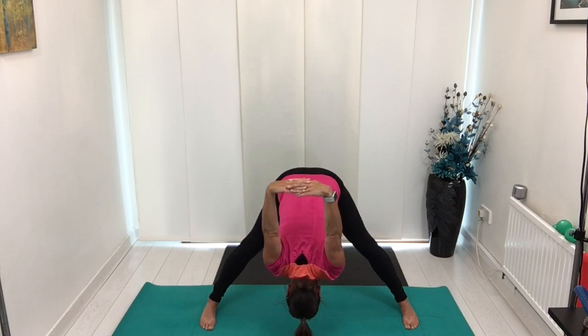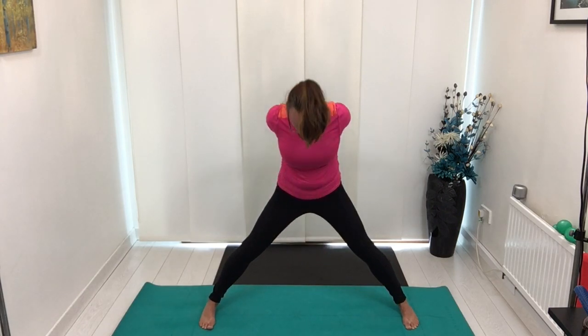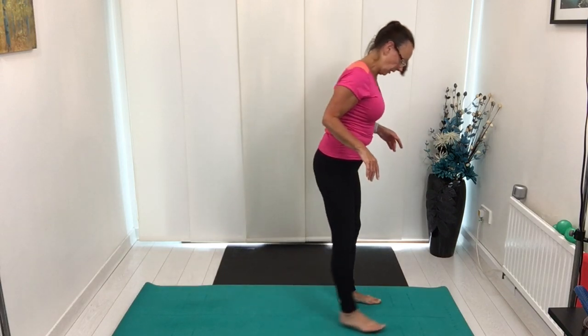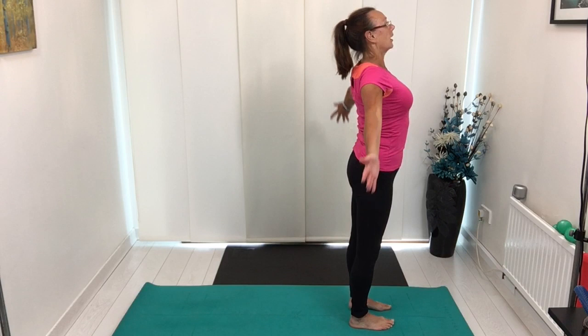And then pushing back up. And when you're up, just release the arms, walk your feet in. So we're coming into sun salutation now, so I'm going to turn to my side. So feet hip width apart, take a breath in,